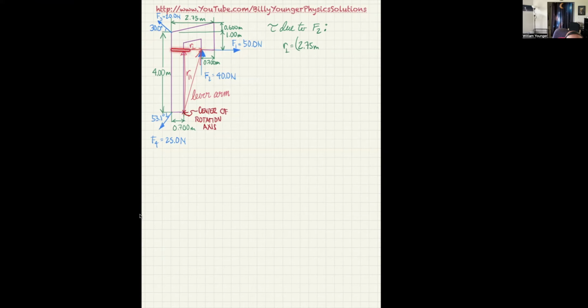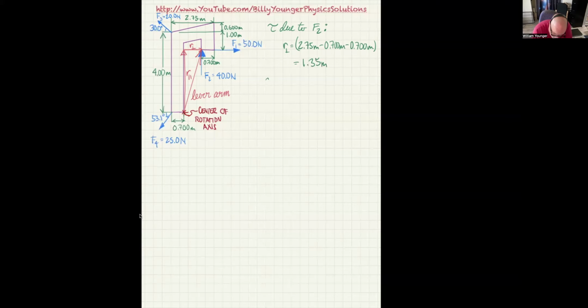I have a measurement from here to here that's 2.75 meters, so all I really have to do is subtract this from it, which is 0.7, and subtract this from it, which is 0.7. So I'll say minus 0.700 meters minus 0.700 meters, and that gives me the component of R perpendicular to F being 2.75 minus 1.4. That would be 1.35